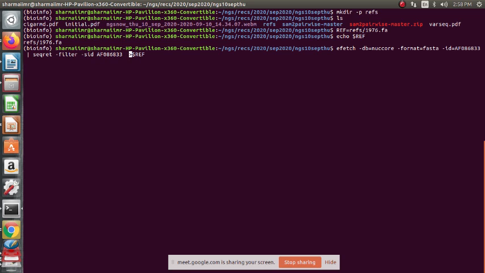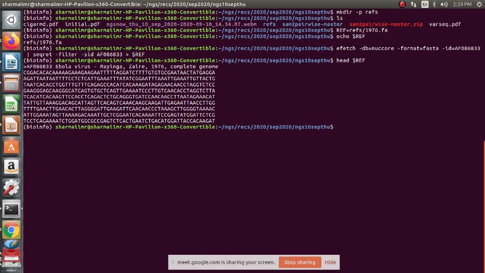This is being output to this file. If this doesn't work out, we will run this again. Okay, so now let's do cat. Let's just check it. So head $ref, right? Okay, we got the genome, right?